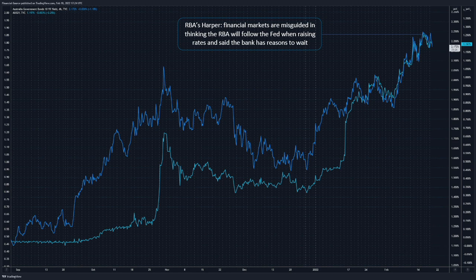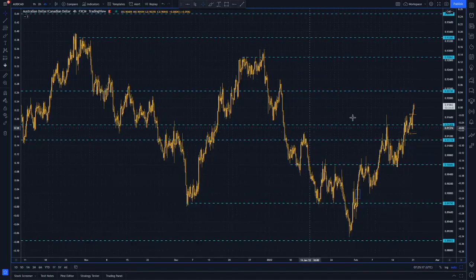So in the week ahead, what will we be focused on now? We've got two things we'll be focusing on for the Aussie and for the Aussie CAD specifically. The first one is risk sentiment, with everything going on between Russia and Ukraine, of course. And then the second one, and probably the more important one, will be that wage price index data that we get released on Wednesday.